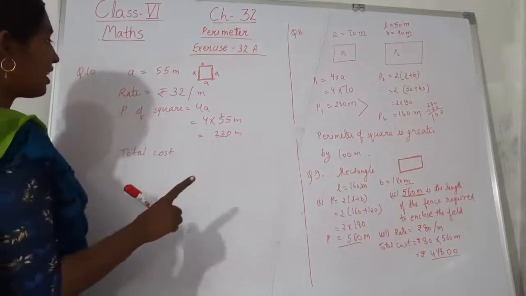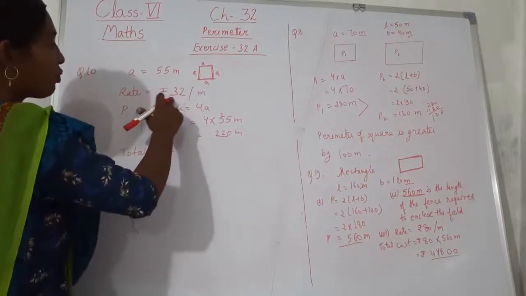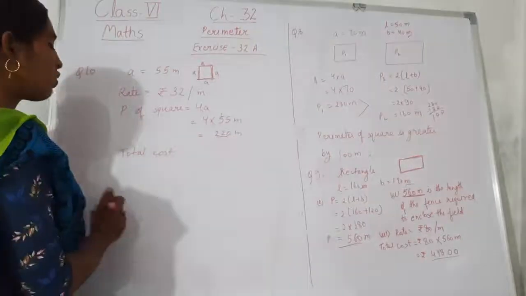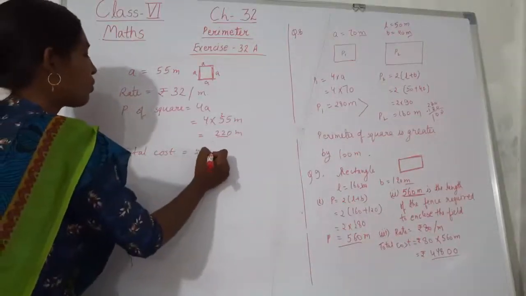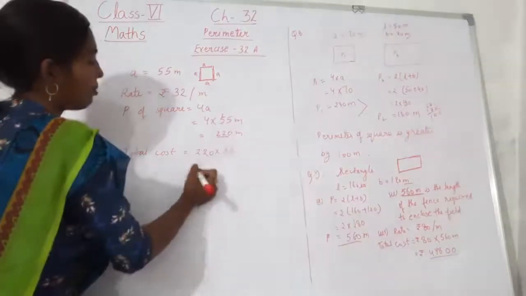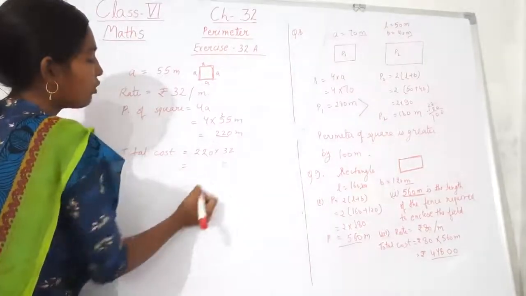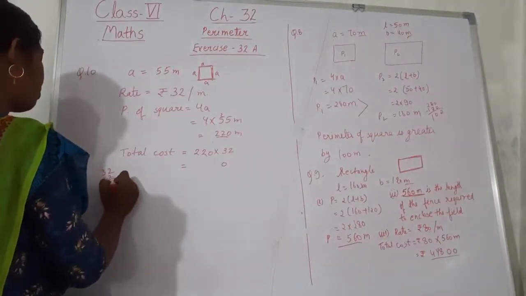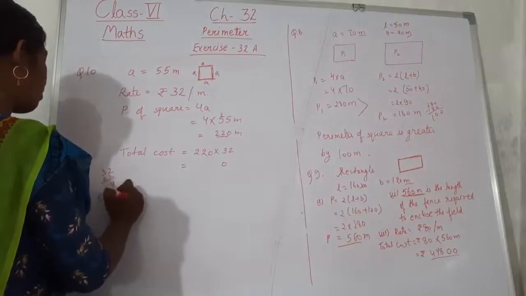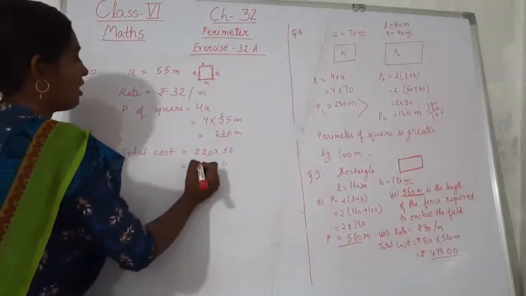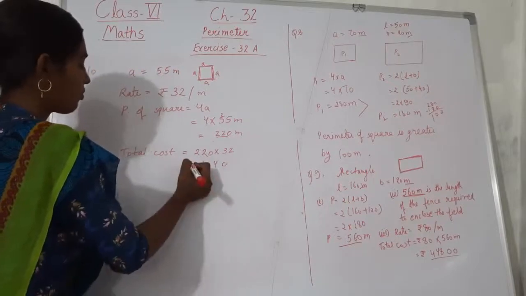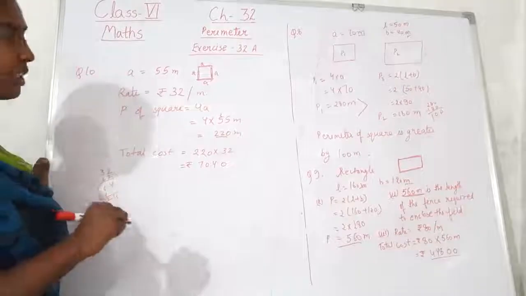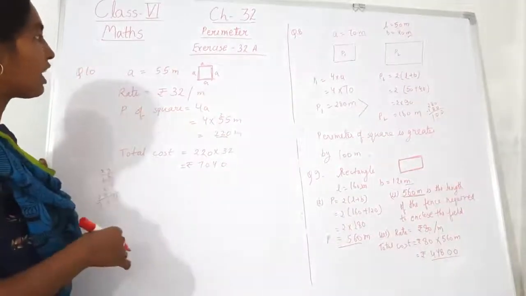1 मीटर लगाने के लिए हमें 32 रुपीज़ पर मीटर, मतलब 1 मीटर में 32 रुपीज़ लगेंगे. तो 220 मीटर में कितने रुपीज़ लगेंगे? What we will do, 220 into 32 rupees, multiply this 32 with 22, 704. This much rupees we need to cover the field or to cover the piece of land with a fencing.